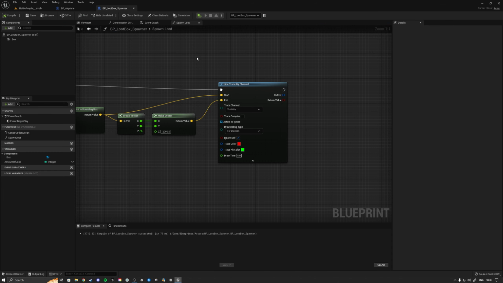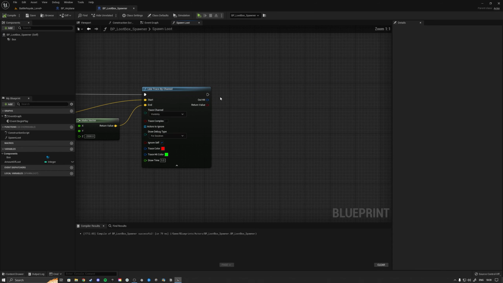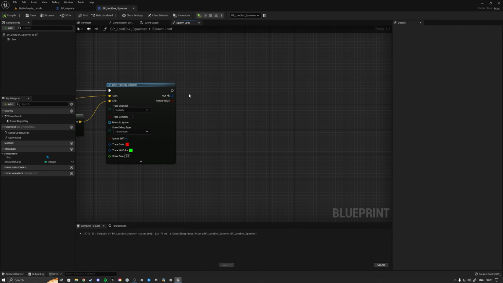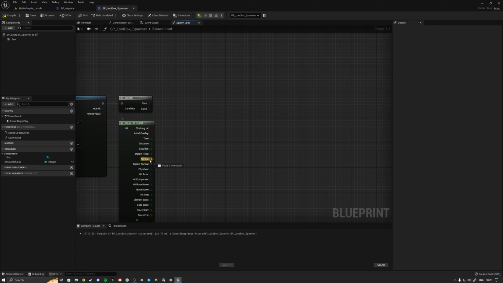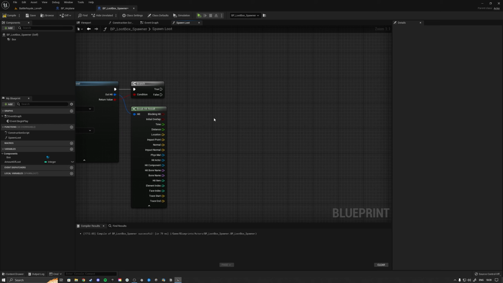the loot at those locations. To do that, we're now going to drag out of here and say if we have a valid hit. So we're going to branch off of here and say true. Then we're going to break the hit result. Let's open this up. And here we get a location, and we also get a normal, and we also get the impact normal. So with that normal, we can basically determine the rotation that we need for our actor that we're going to